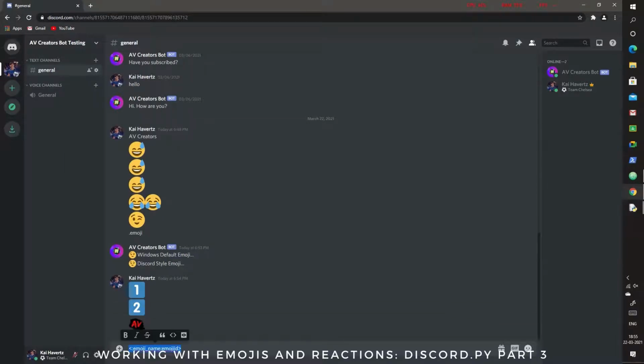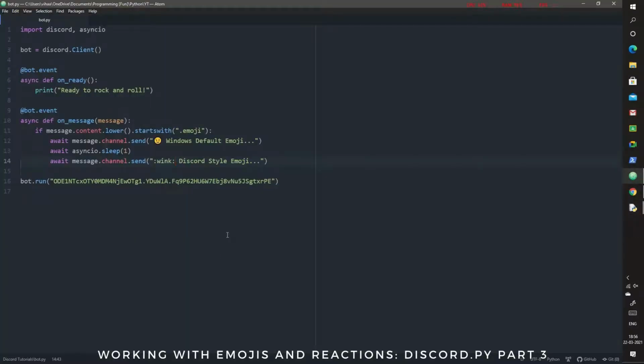So I'll show you some code that can help you fetch emoji IDs and actually the perfect emoji form to send an emoji. So if we just send an emoji and ask it to send it back, it will send it in emoji form, but we want the code, actually the text which we can put in this code. So for that I often use this technique, and I have actually made a temporary bot which I start up sometimes to get all these emoji names. Okay, so let's have a look at how I do it.